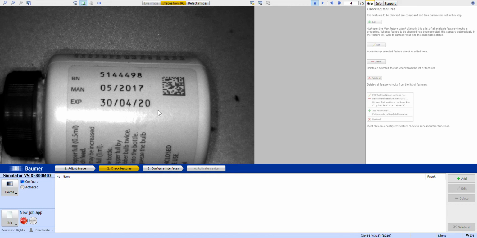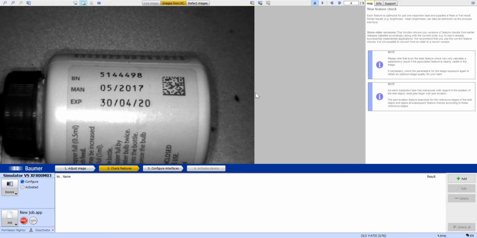And often we get asked the question, can you, number one, check that it's there, and also check that it's legible and says the right information. So first of all, of course, the camera is set up to be able to see the product correctly, lit correctly, etc., etc. So to go into the program,